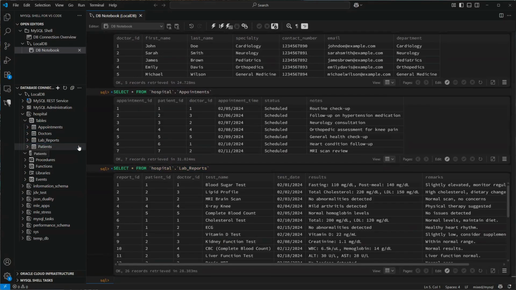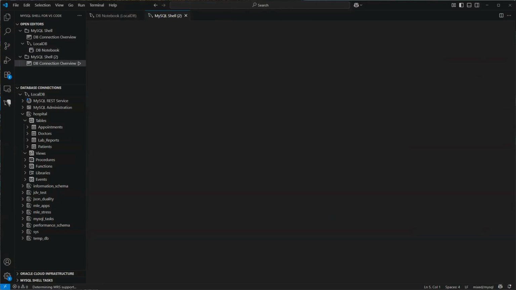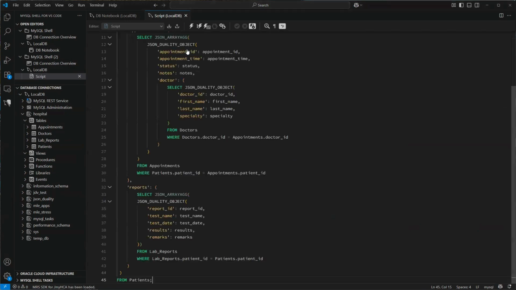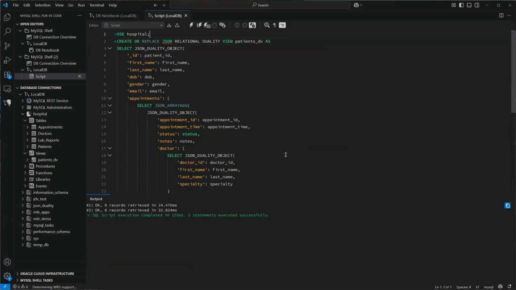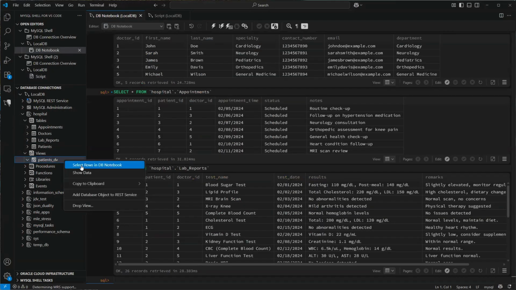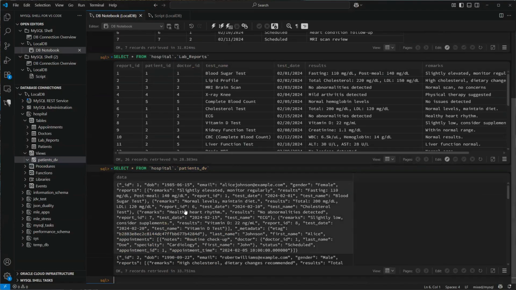We're going to use these relational tables to first build a JSON duality view and then show how we can modify the data using the duality view. So first step, let's build the JSON duality view from the patient's perspective, then execute it. Here we can see a new JSON duality view. We can retrieve the rows of the JSON duality view, which shows that each row is a JSON representation of